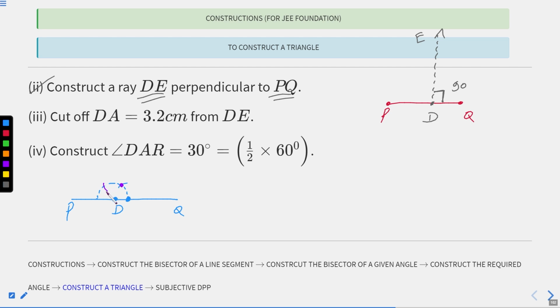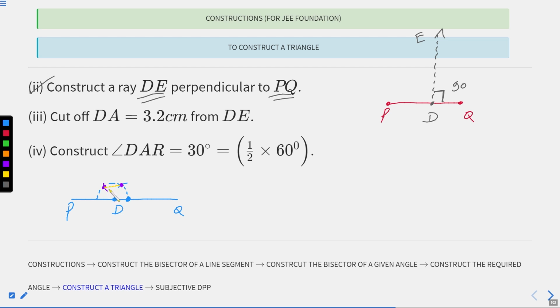Now mark another intersection with the first arc. If you see these two purple points, and you join these two points, you can see the yellow part,